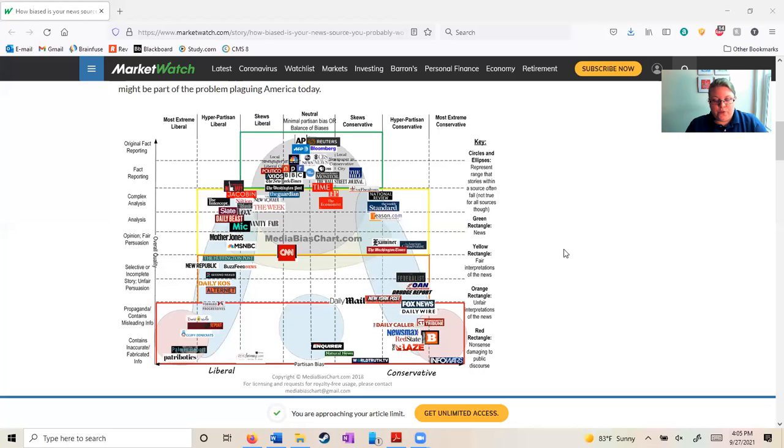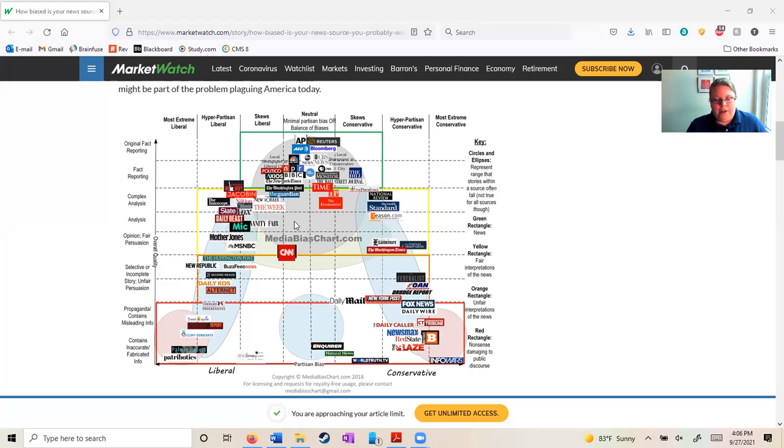So as far as sources to use and not use go, here is a chart that talks about bias of sources. You need to stay within this gray circle at the top, and you can find this if you just search media bias, news sources. You're going to want them to be fact reporting and fairly neutral. It's fine if they skew liberal, skew conservative, either way, but they need to generally be in the neutral and